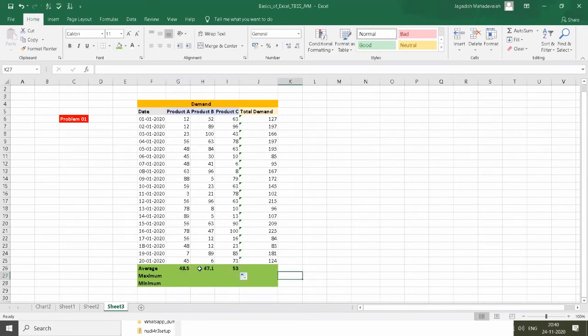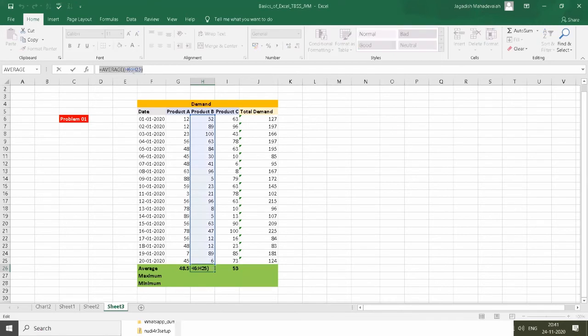Now you can check whether this answer is correct by clicking on this cell. That is 47.1, the average value of product B. Select the 47.1 and observe the formula bar, just below the ribbon bar. See, it has taken the values automatically.